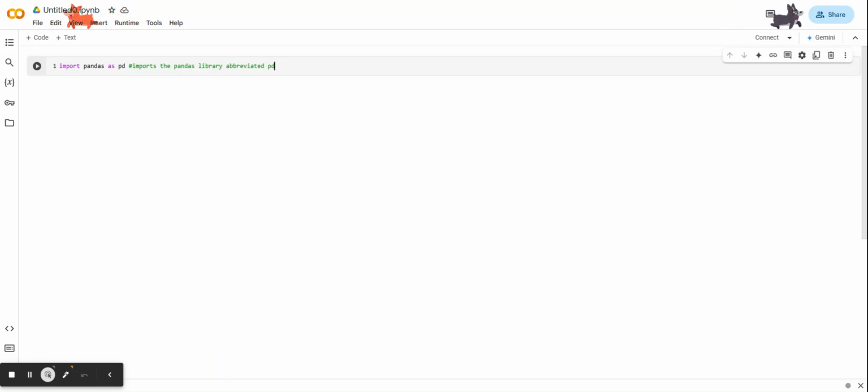Then I need to upload my CSV file. A CSV file, CSV stands for comma separated values. It's just a slightly different format of a spreadsheet. You can take an Excel file or a Google Sheets file and download it as a CSV. You can download a CSV file from a lot of websites that have data sets, and they're just a more